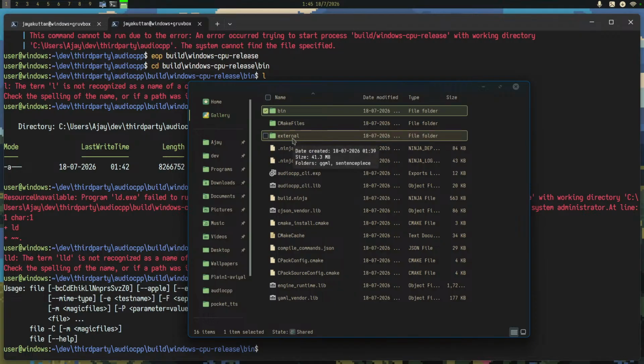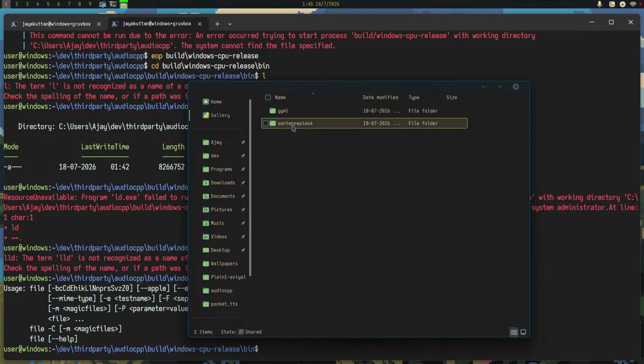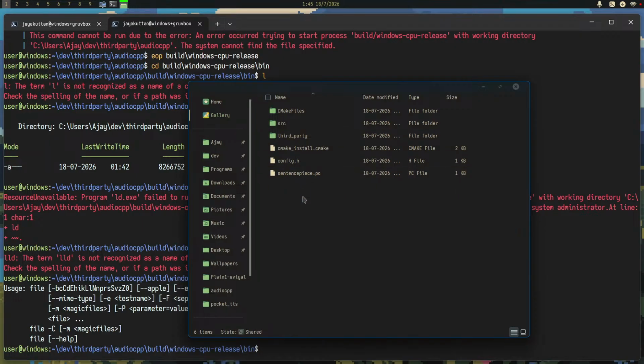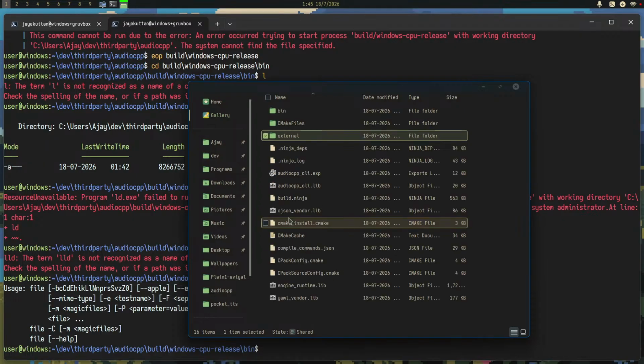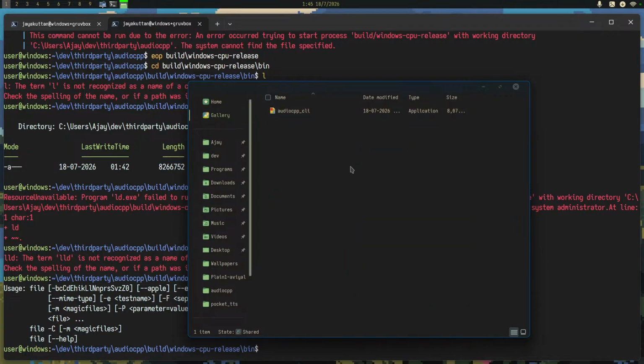GGML has been statically linked, and also SentencePiece. Well, SentencePiece I think was directly included.